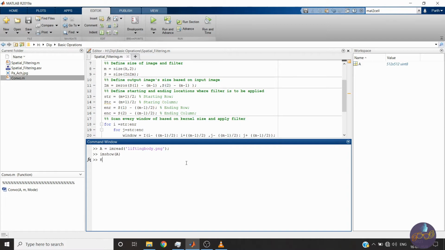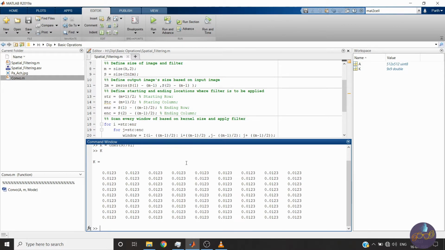So let me take the value of k equal to, we'll go for a higher one, suppose 9 by 9, and we will divide it by 81, because in a 9 by 9 matrix it will be 81. So we are weighting it from here only, because we have not written additional code to weight inside. So this is our 9x9 kernel, and I already showed you the image. Now let's apply. IM is our output image, spatial filtering, this is our image, and K the kernel.